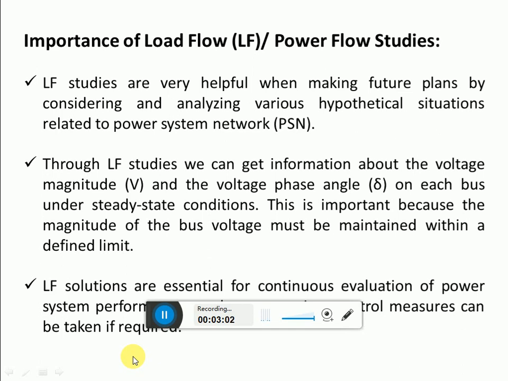For example, through a load flow study, suppose we want to remove a line for maintenance purposes. In that case, whether the existing lines will be able to supply the required demand or maintain the network security or not,